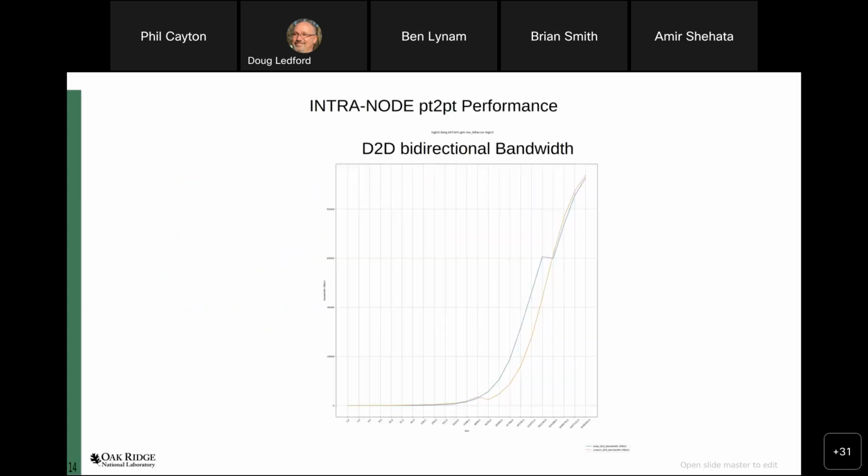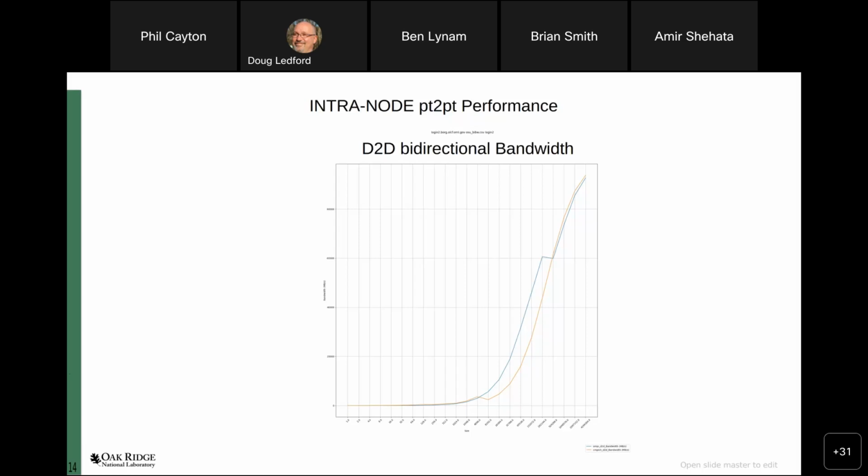So in the next few slides, I'll just go over some of the preliminary data analysis, the data collection that we did. There isn't a ton of it right now, sorry. But I'll just show